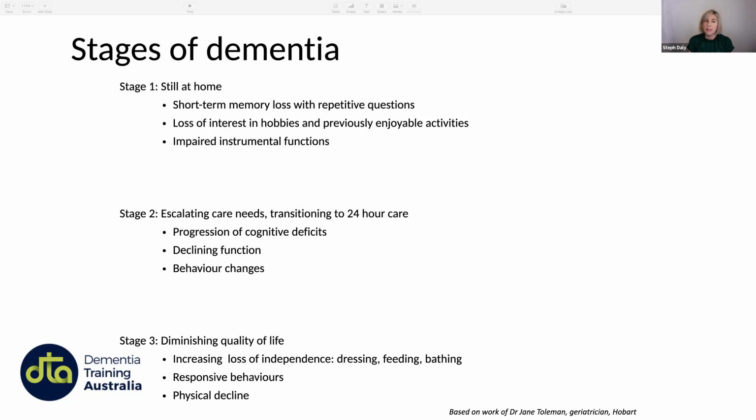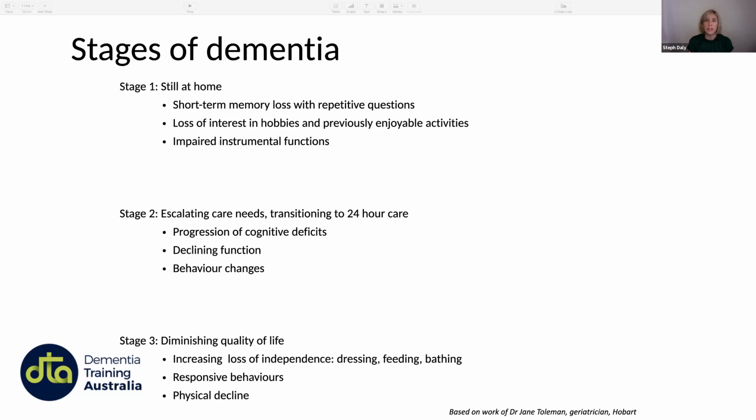And we talked a bit about the stages of dementia so that you can think a little bit about where somebody might be in their journey, and perhaps even use this as anticipatory guidance. So explaining to family what might happen next and what they need to be prepared for. This helps people to plan where they want to be cared for, how they want to be cared for, and make some arrangements so that when the time comes, when things are more challenging, it's a smoother process.